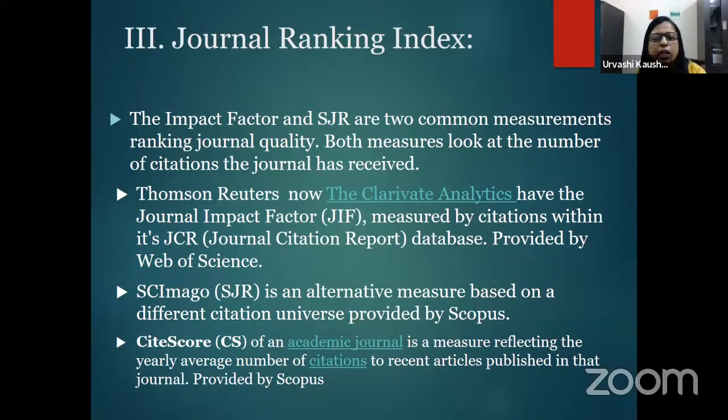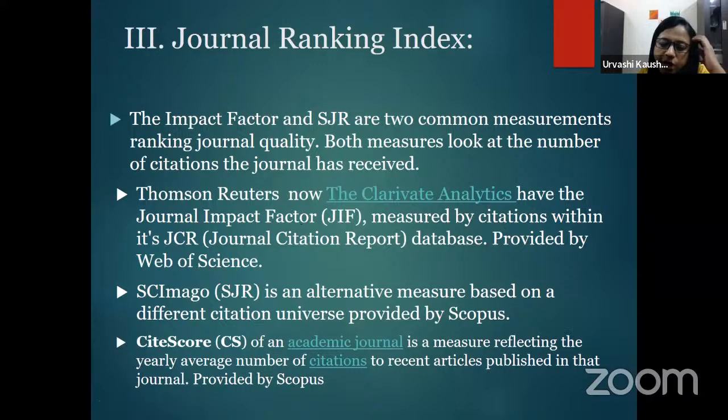Now, both of these publication houses, or both these databases, have a certain formula that is used. You can look up the formula. You can easily find out on Google how a certain rank or impact factor is awarded. And in order to counter the JIF that